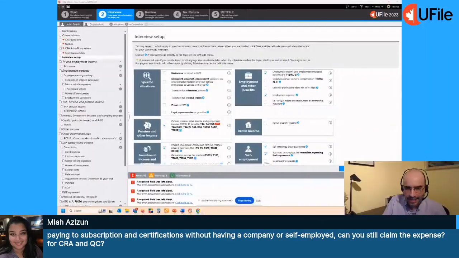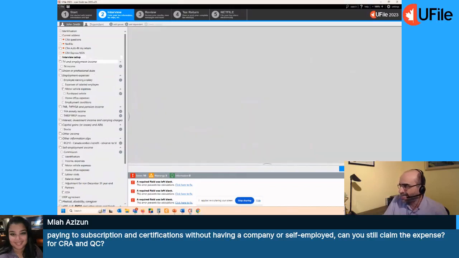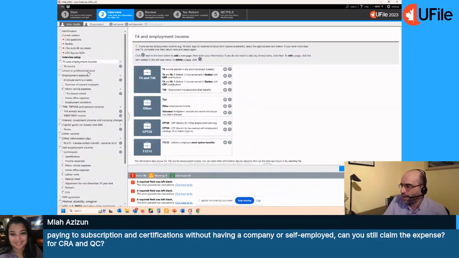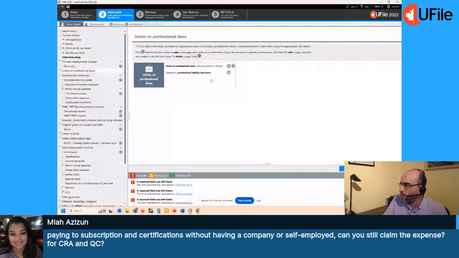I'll highlight again. From here, in the interview setup, you've got a section called Employment and Other Benefits. You see right there, you've got union or professional dues not on the T4. You tick that box, click Next, and then under Union Dues, you click on Union or Professional Dues.